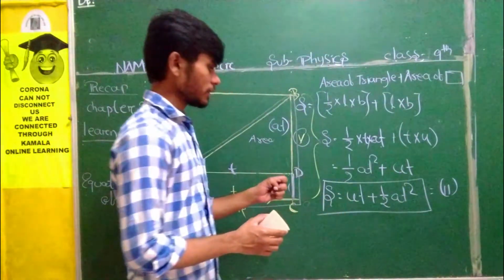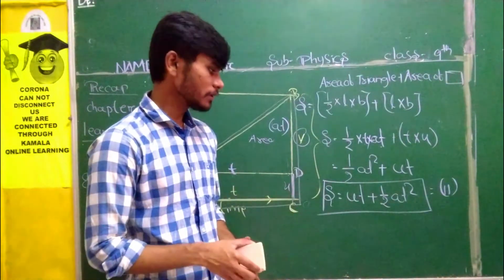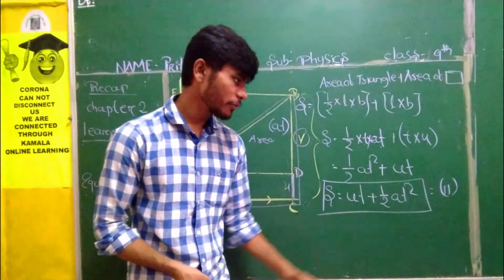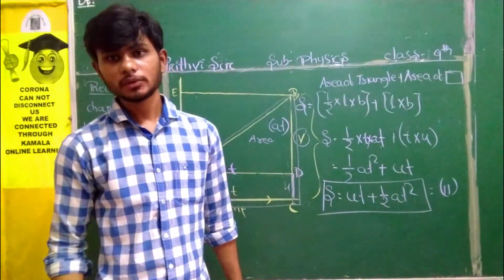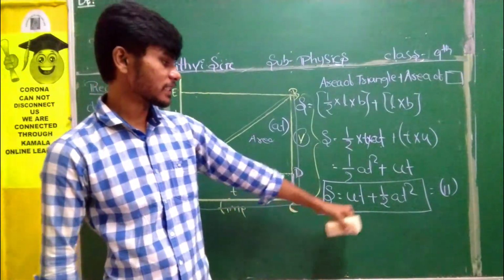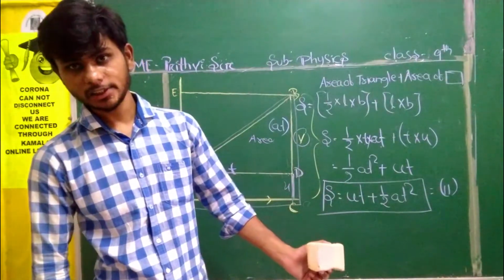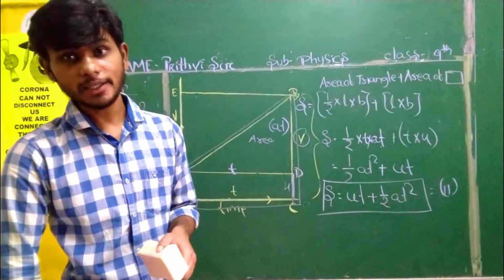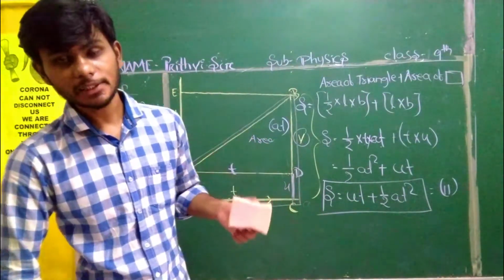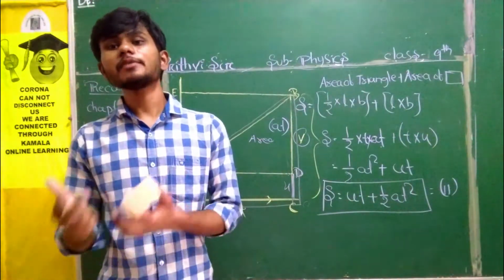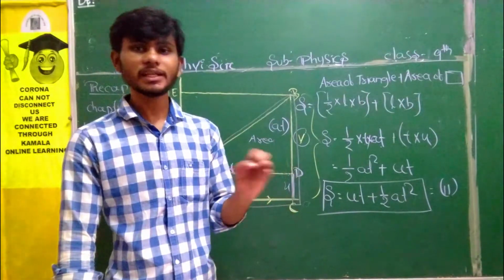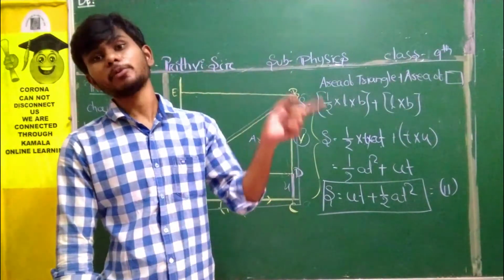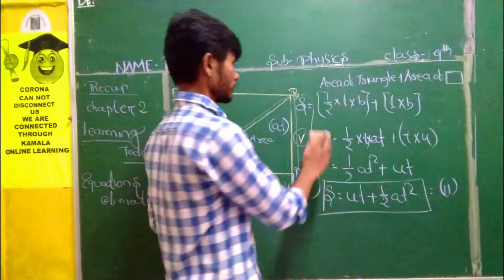See, here the relation is between... Is there any place for v, students? Here, can you see velocity? No. It is the relationship between distance as well as time, that is position and time relation, right? In our next part, we will see the relation between position as well as velocity. First we have seen velocity time, second we have seen position time, last we will see velocity and position.